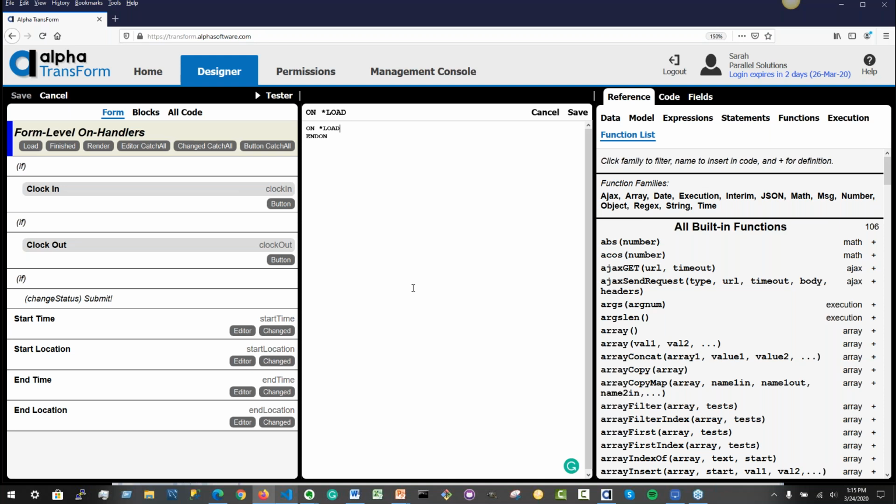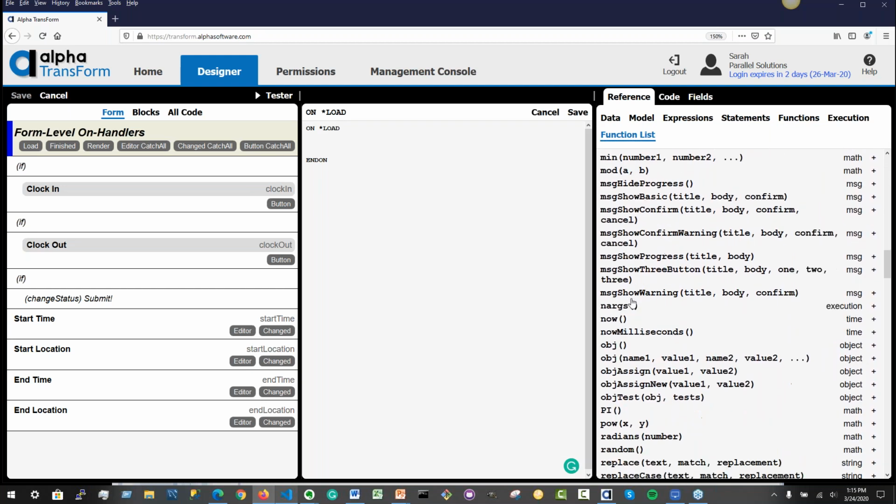Thanks. So in order to capture the GPS position, the first thing we have to do is turn the GPS on. And that's done using the GPSStart command. So I'm going to make a little space in here, and I'm going over here into this reference section in the functions list, and I'm going to scroll down until I find GPS,